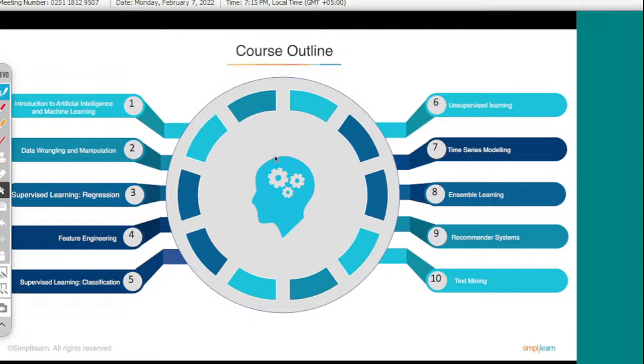First, the introduction to artificial intelligence and machine learning. That is something we'll do today itself. Second, data wrangling and manipulation, which will start from tomorrow: how to deal with the data and do data operations using Python libraries like pandas. Third is supervised learning, regression, and feature engineering, and supervised learning classification. There will be a little rearrangement here. We will do feature engineering first, and then supervised learning, regression, and classification,